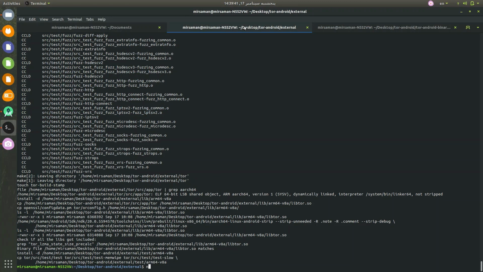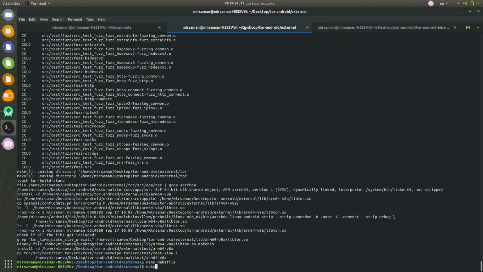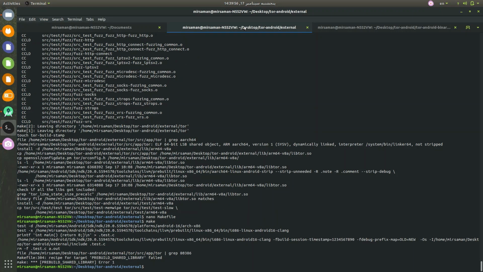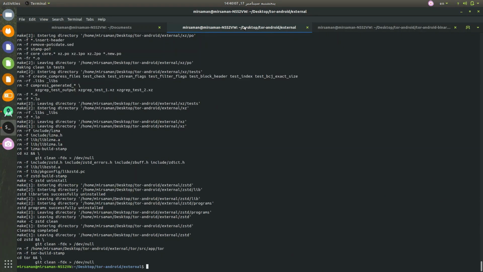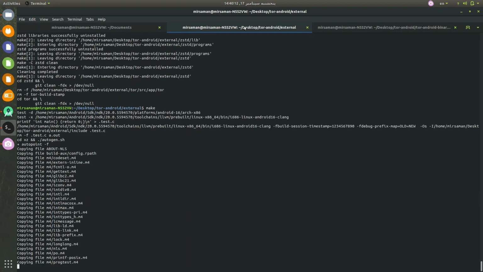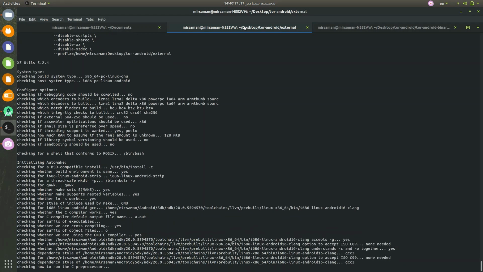x86, so I'm going to make file it and change app API to x86. If I click make here, you can see that there's an error here, so you should enter make clean before compiling for a new version, and after that run make, and after